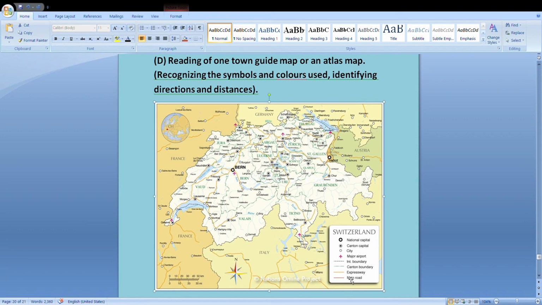Then is the legend. You can also see, oh my god, do we have any express train going there? Do we have an expressway connecting these two places? Yes, Zurich from here to here. Then somebody will tell you, you can easily go through this expressway, this will make you reach within 2 hours. So you can read the legend and find out. This will also tell you that Bern is the capital, this is the airport, and the rest of the places are there. So you can easily find out different things in map reading.